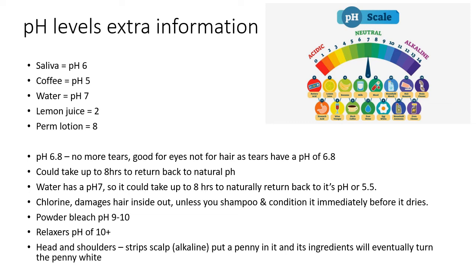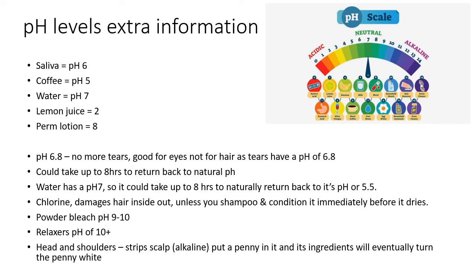There's also shampoo products like No More Tears, that was a 6.8, which means it's good for the eyes, but not necessarily good for the hair. Hair could take up to 8 hours to return back to its natural pH level. Water has a pH level of 7. So, yet again, just wetting your hair down could take up to 8 hours to naturally return to its pH